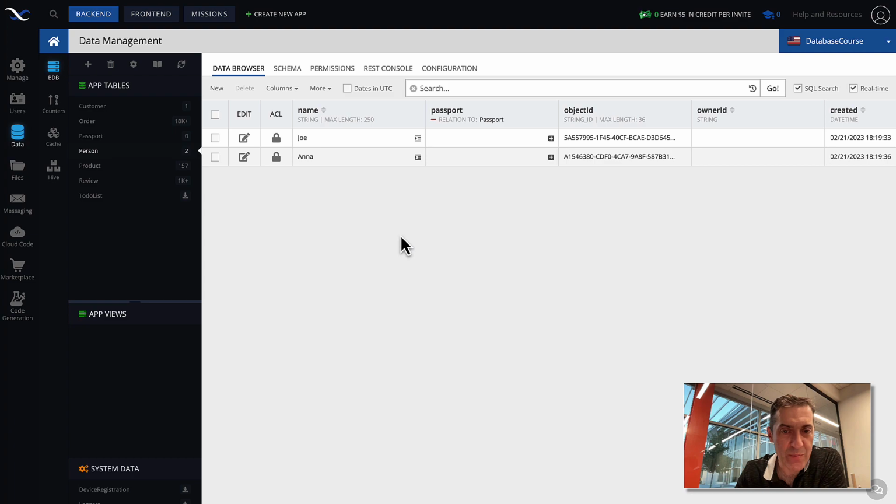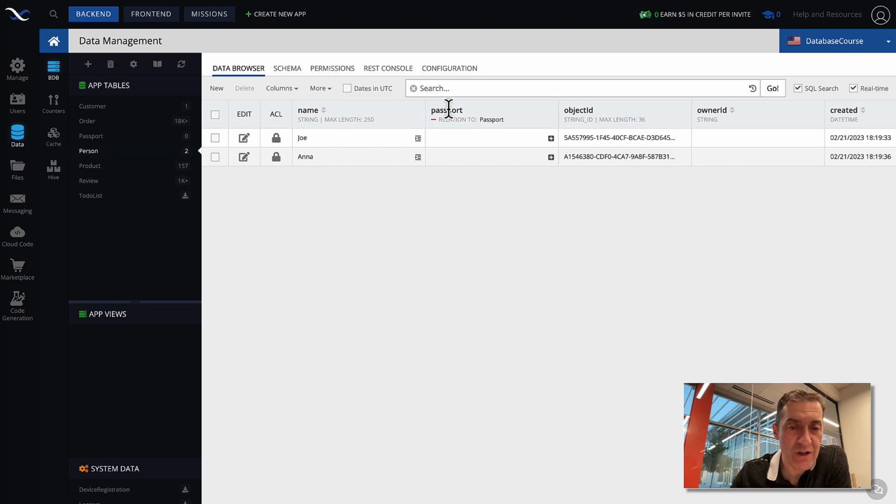If you go back to data browser, now you see this column right here. This is the column name. This is what it relates to. The table name is passport with P capitalized. The column name is passport with P lowercase. You can name your column anything you want. The recommendation is to name it something so it makes sense semantically. Whenever you retrieve data and you look at that column and it has related data, you need to know what it is. And assigning a logical name is always better.